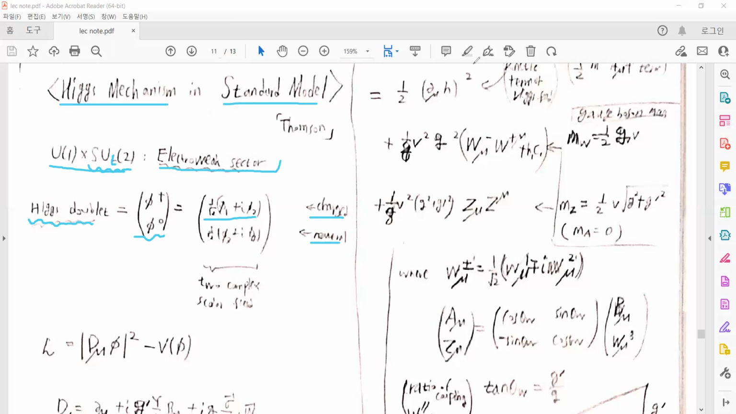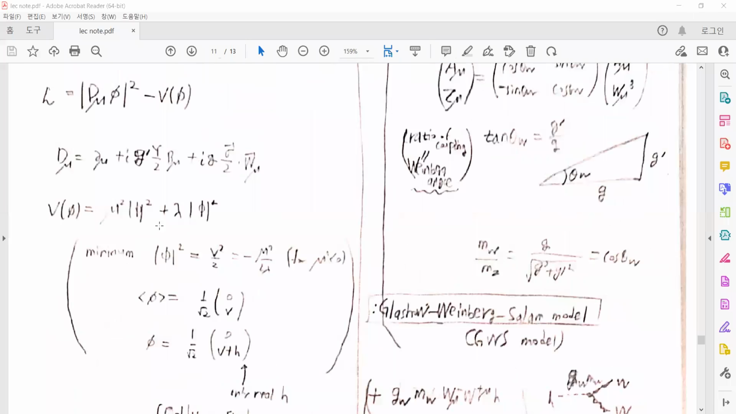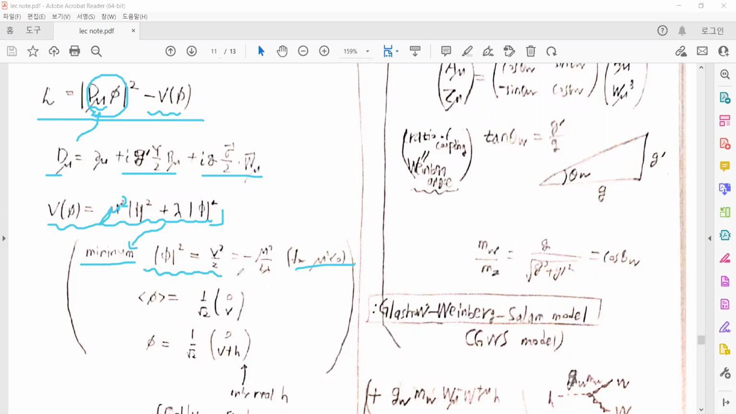And then we can construct the Lagrangian, and it is given like that. The kinetic terms can be written by the covariant derivatives of the U(1) symmetry and the SU(2) symmetry. And the potential terms have very similar forms to the spontaneous symmetry breaking we already discussed, and we can find the minimum, where the mu squared is negative,